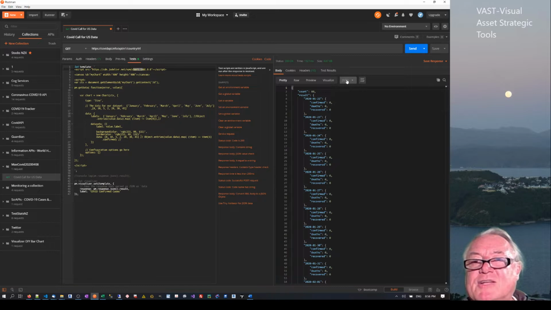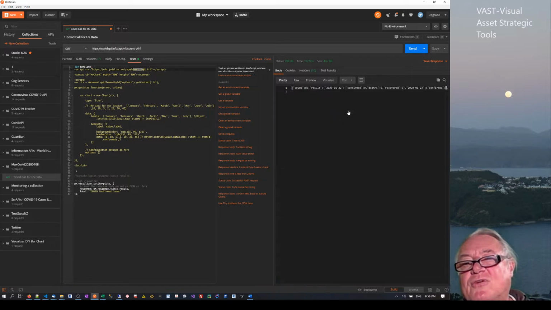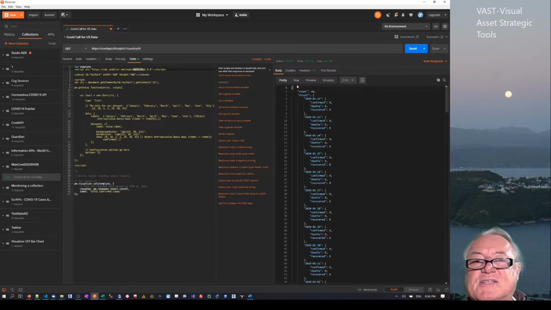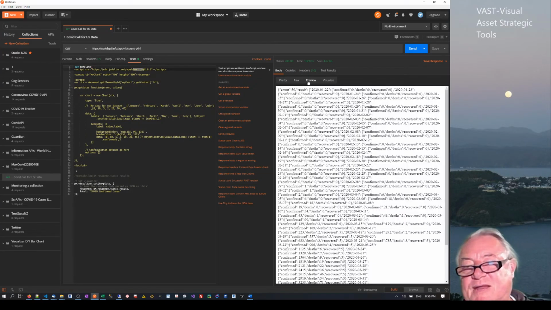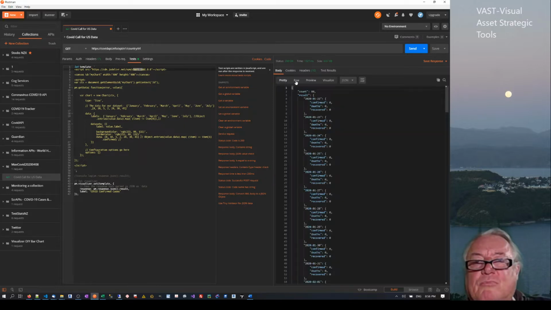So I'm getting back a JSON array, and inside here you can look at it in other formats. You can look at it as text or XML or HTML or JSON, and this is pretty, or you can have it raw, and you can preview it as to how it would be viewed on, I think, a web page. So those were the things they're doing. But part of that